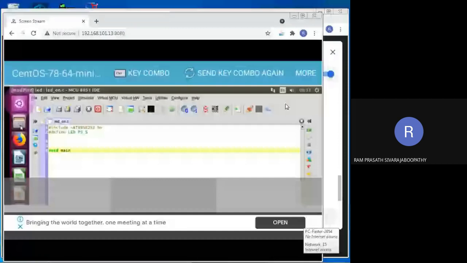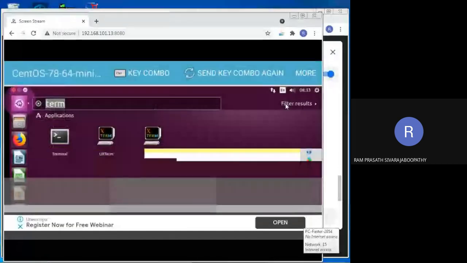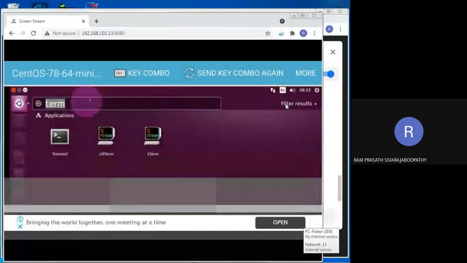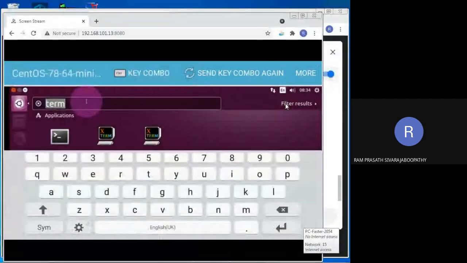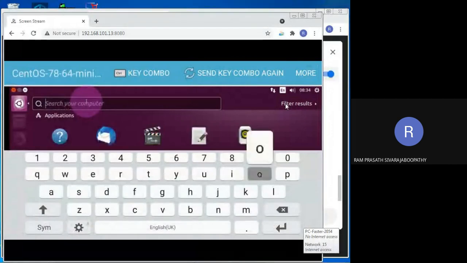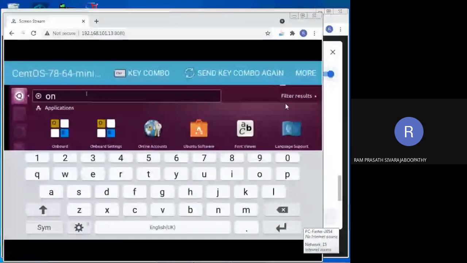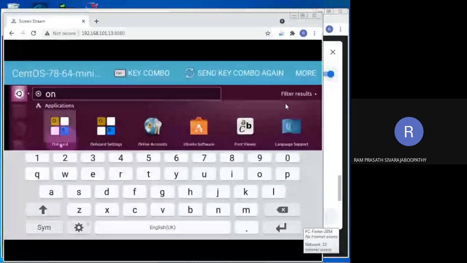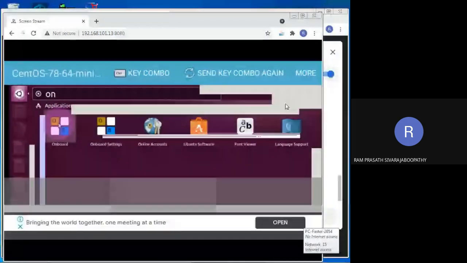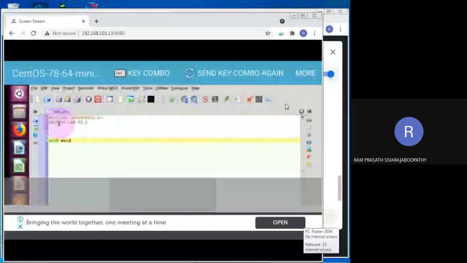You will have a screen like this. Yes, here you have to type onboard. Yes, here you can see. So this particular thing, if you open, you need not use your mouse, I mean your pointer.